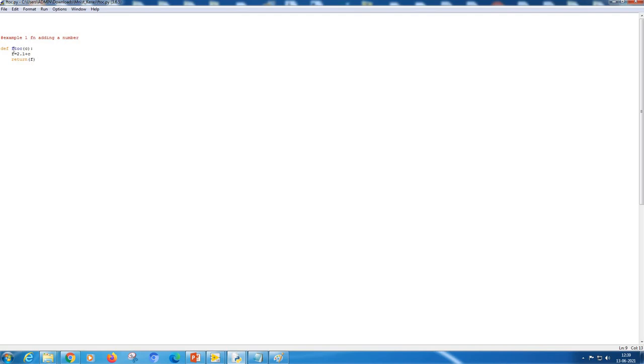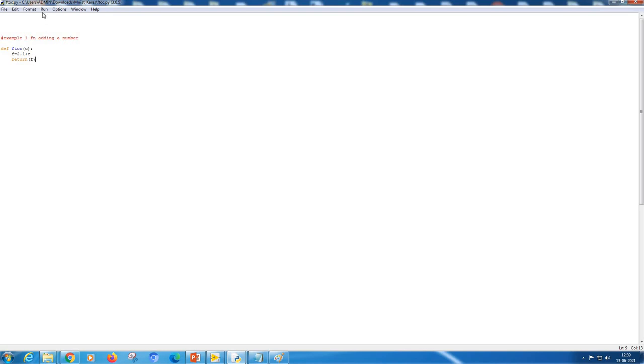The function name is f2c with an argument c. So when you pass a number through c, it gets added to 2.1, because f is equal to 2.1 plus c, and it returns a float type variable, a real number. That means if I pass 1, you will get 2.1 plus 1, that is 3.1 returned.